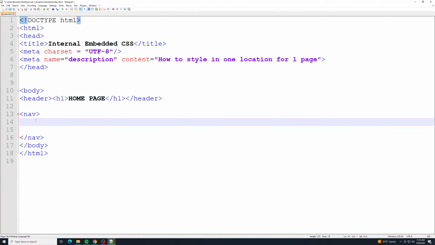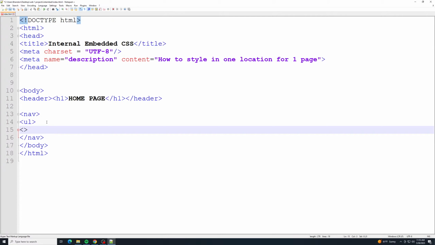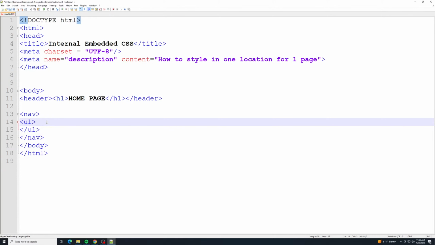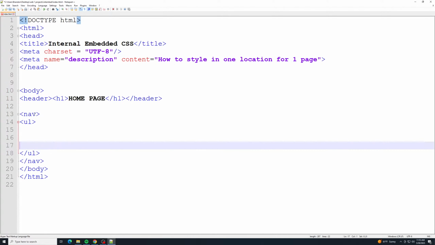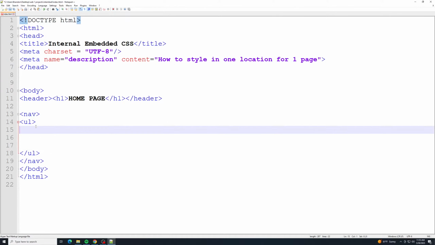There we go. And if you remember when we made our lists, I showed you one method to make a list, and we called it cool list. And it wasn't really a list at all, and it looked like some buttons. That's kind of the intro getting us ready for this nav menu. We're going to use it here today. So we'll use an unordered list for this nav menu, and we'll put in a list item,